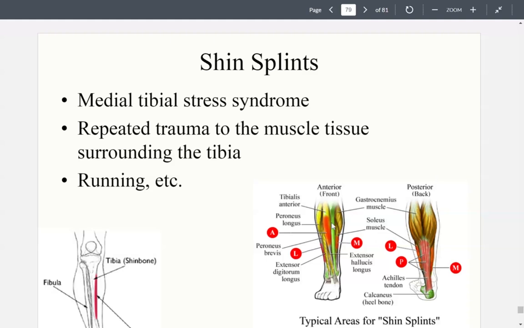These muscles in particular. And this repeated trauma is repeated trauma that these muscles are not used to. It could be the aggressiveness of the trauma. It could be the amount of the trauma. It could be the length. Or some combination thereof. So this is why I was picking on running specifically. You go from not running at all to suddenly deciding to go run 3 miles. You might be able to do it one day, but then you do it again the next day. And the next day, your shins are killing you. So you rest. But then the next day, they're still killing you. Yeah, you have shin splints, my friend.